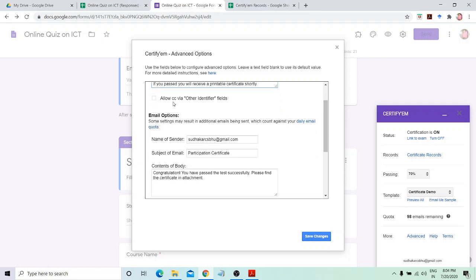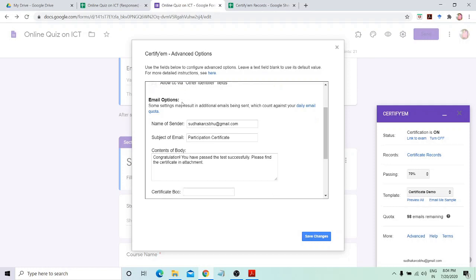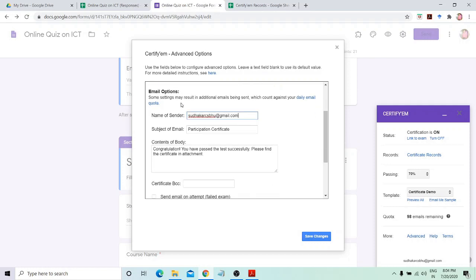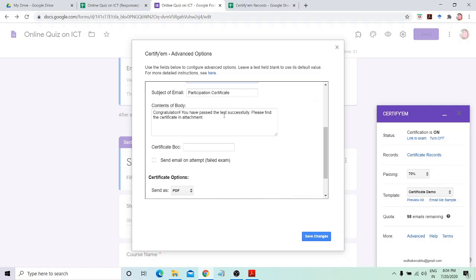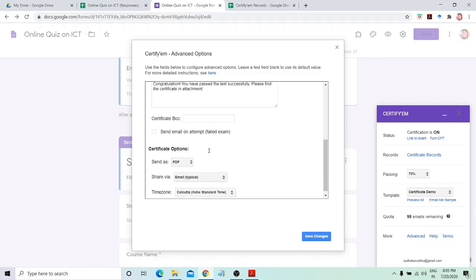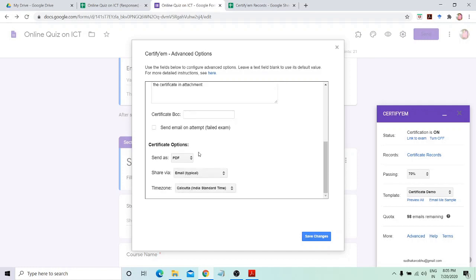You can also add carbon copy from here. Here you can provide name of sender and subject and content of body. You can also add blind carbon copy here.